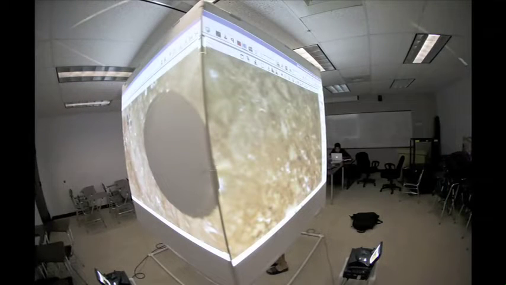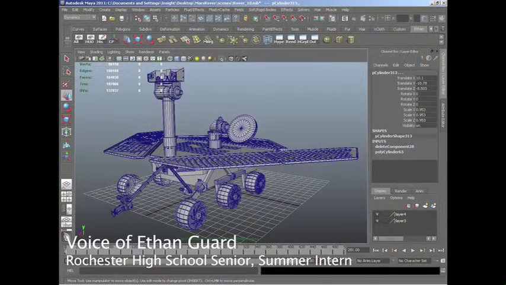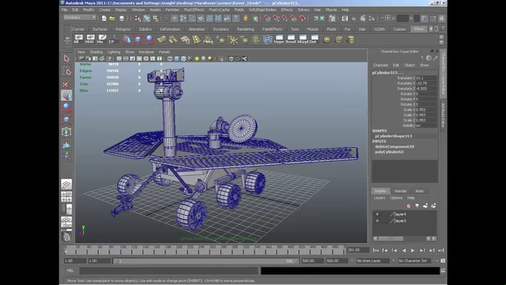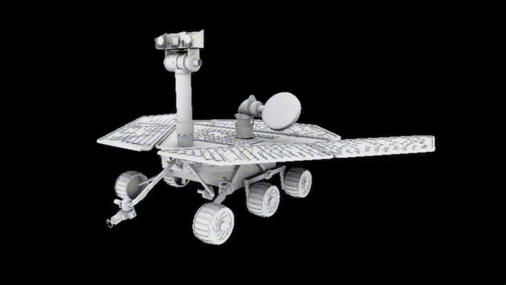Right now, we're building a simulation of the surface of Mars, and I'm having Ethan create the Mars Spirit rover. I'm building the Mars rover from reference images, and I'm going to be able to put that on the Mars surface and run the simulation. The challenge is looking at reference images and trying to figure out how different parts work together, where they go, and their different sizes. You don't always get the best reference images, so you have to surf around the web for those.